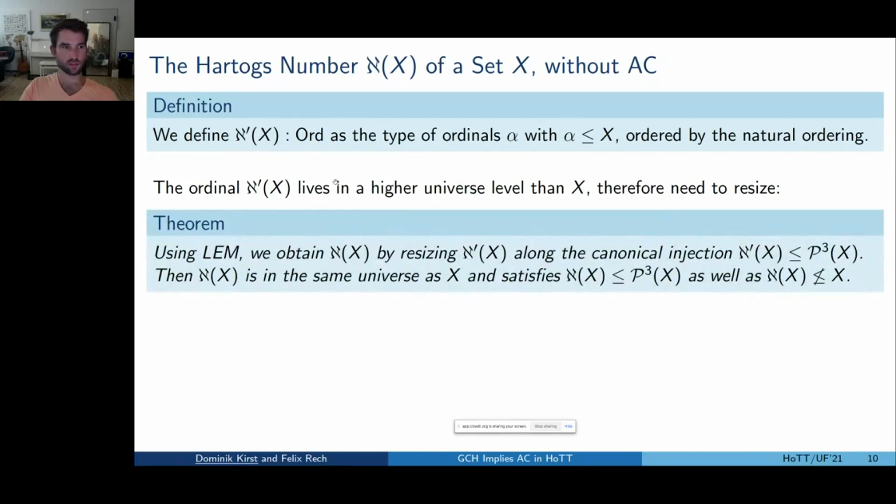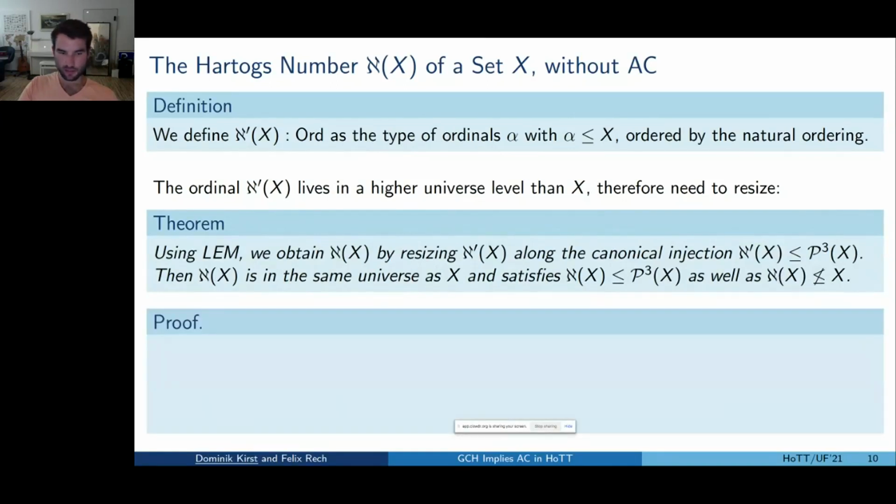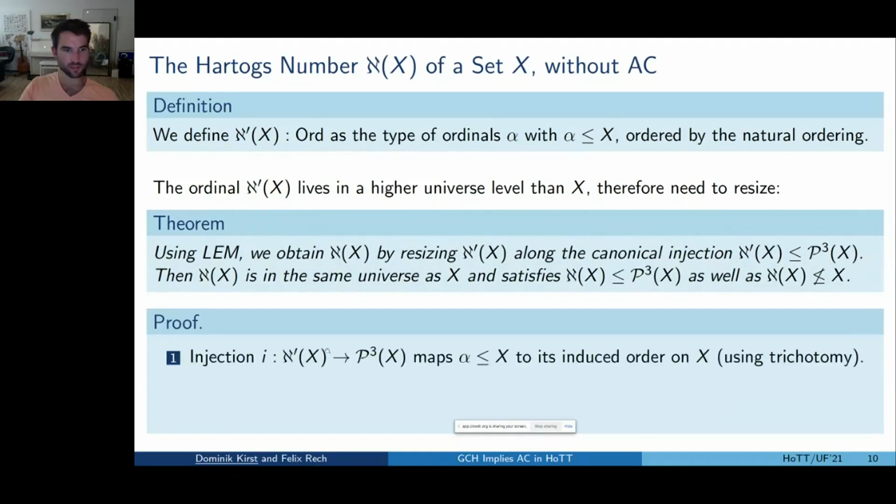And this works by means of the following theorem, which, asserting classical logic, gives us a resizing of this preliminary definition of the Hartogs number to the actual definition and along an injection into the threefold power set. And then we can conclude that this is on the same universe level because the power set doesn't increase the universe level. And we have the specification available. So we have the bound upwards against the threefold power set, and we have that the ordinal is larger than the set. And the proof, I could just give the main idea, that's to construct this injection of an